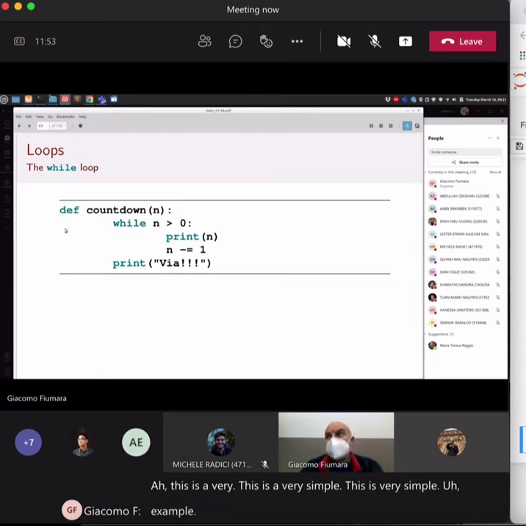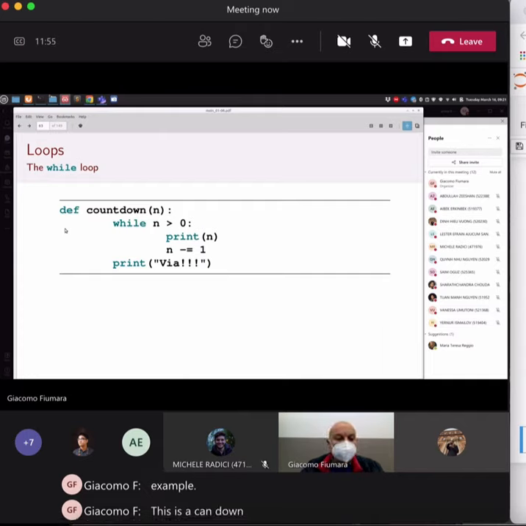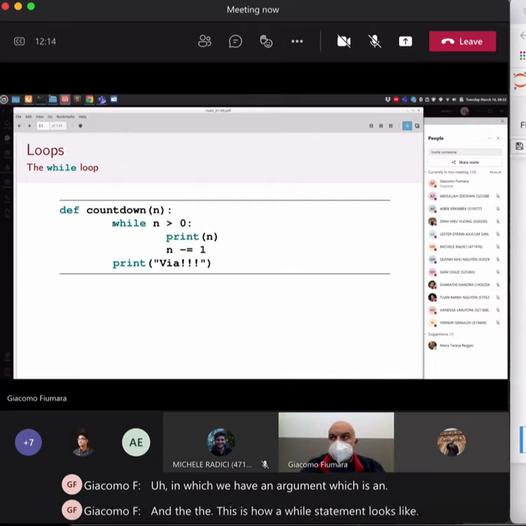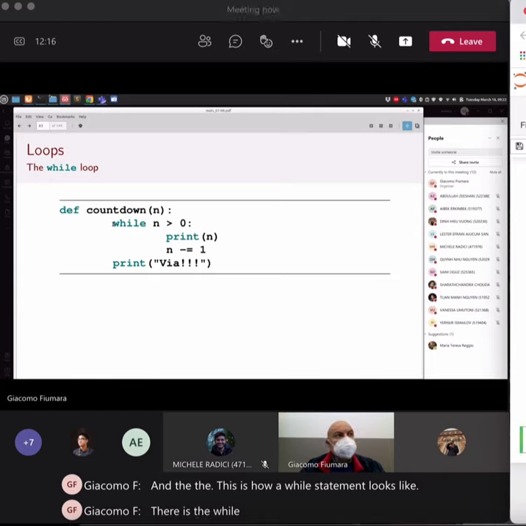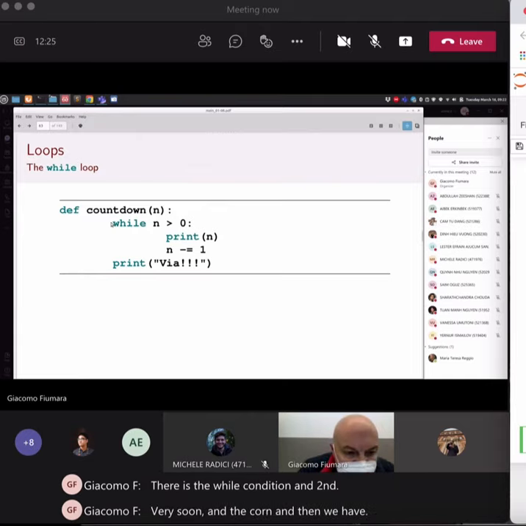This is a countdown function in which we have an argument which is n, and this is how a while statement looks like. There is the while, a condition, a comparison, and the colon, and then we have